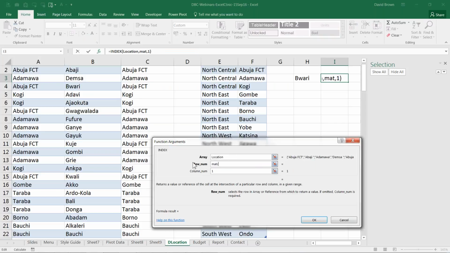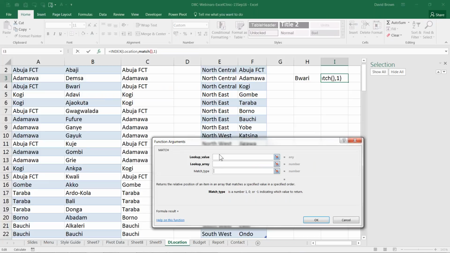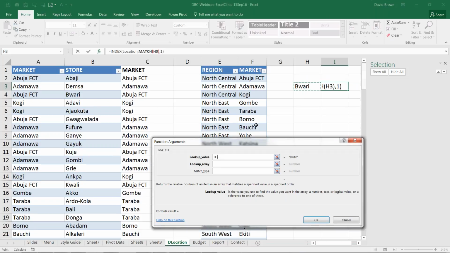Let me quickly type MATCH. So MATCH is lookup value, lookup array, and then match type. The lookup value I'm looking for is Buhari. Did I spell it right? Let me see. Buhari, yeah. And then where it should look for it is in here. And then the match type should be 0.